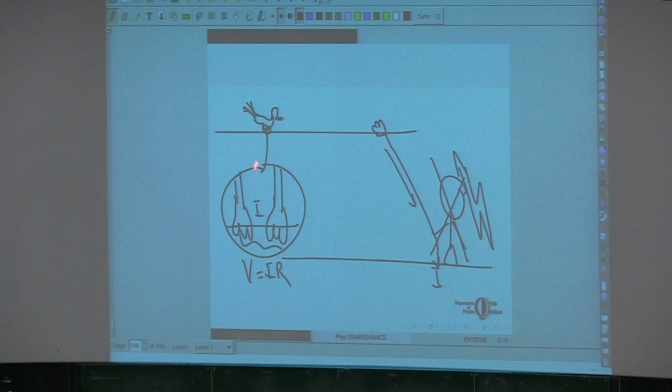So there is not much potential difference between these 2 points. Furthermore, the resistance of the bird, if the current would go around this circuit, is huge. So V is small, R is huge, so there is a very small amount of current running through the bird. In your case, the relevant potential difference is between this point and the ground. That's like 10,000 volts. There's a huge potential difference between your hand and your feet. That's what causes you to be electrocuted if you hold the wire.